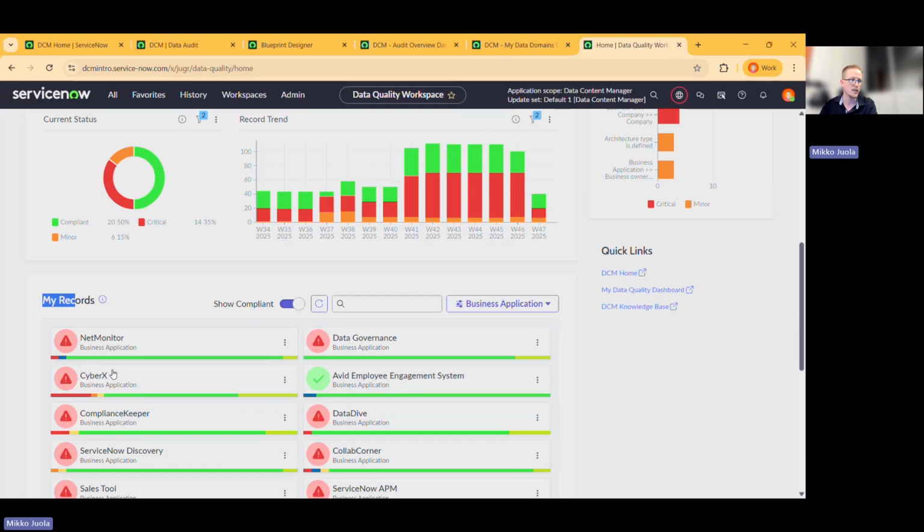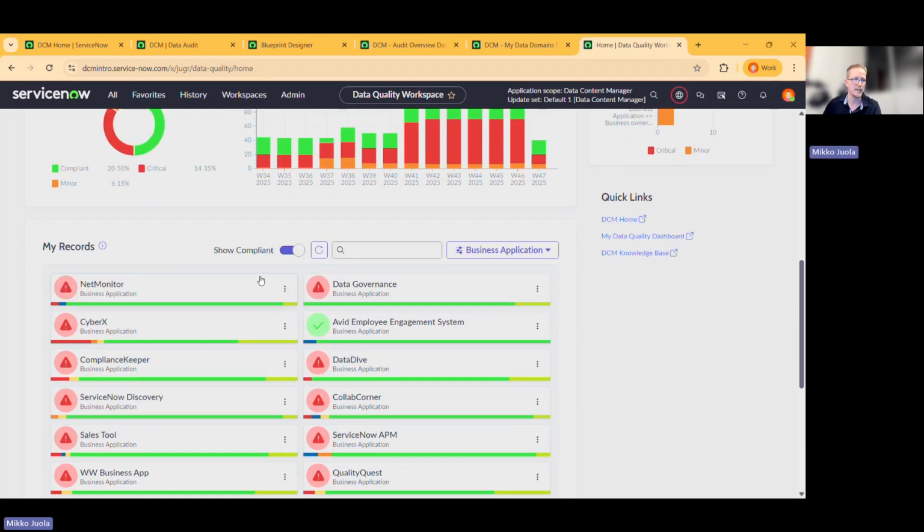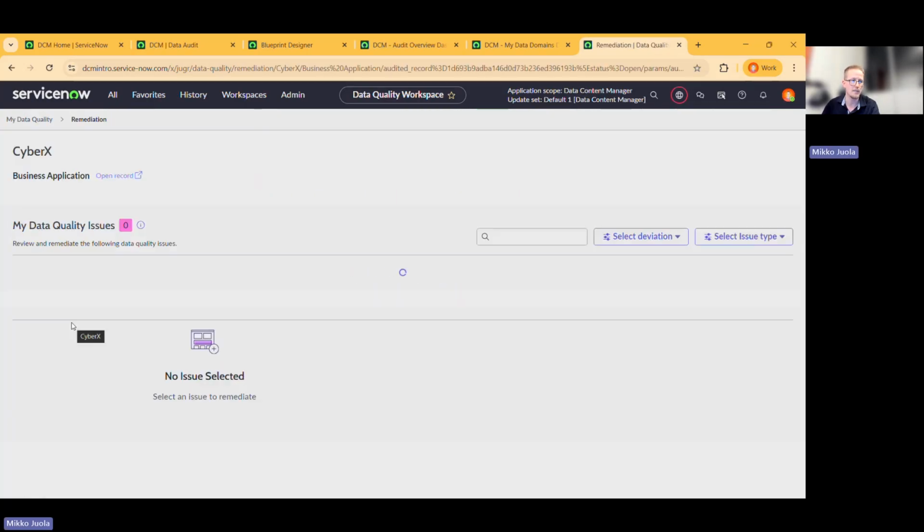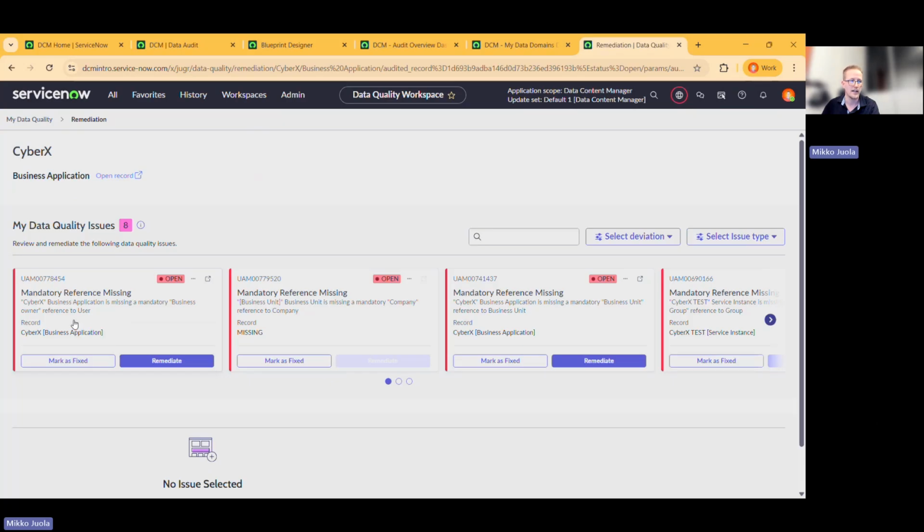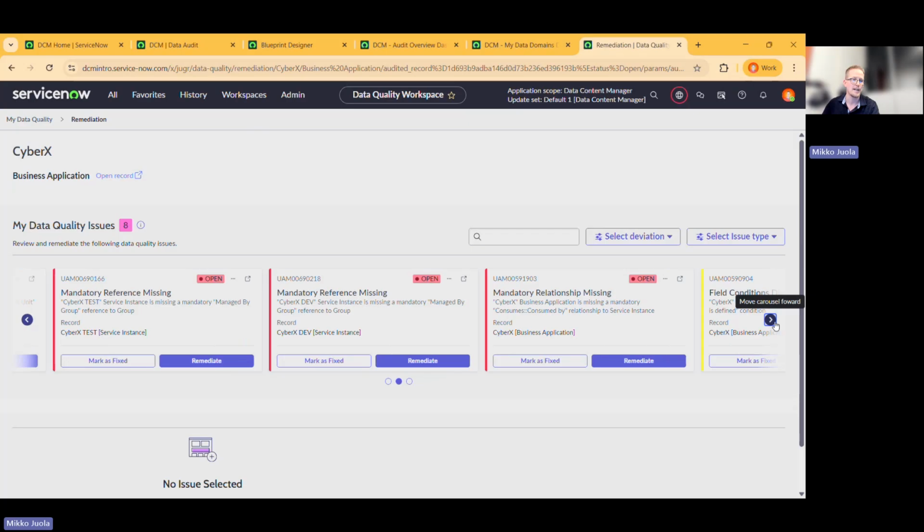So these are now the business applications that I'm responsible for. I can immediately see here that this Avid employee engagement system is okay, but this CyberX has some issues. So I can click this CyberX item, and then it tells me I have 8 data quality issues identified. These different issue cards will represent those findings. And let's start by